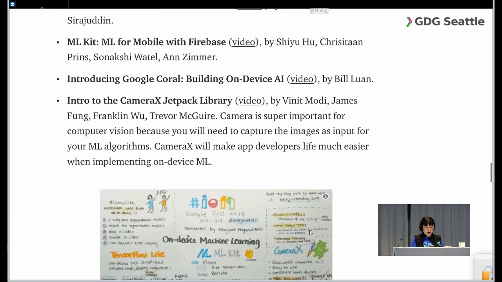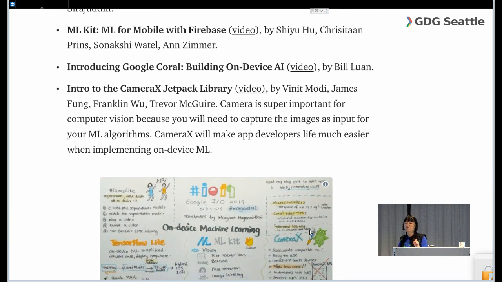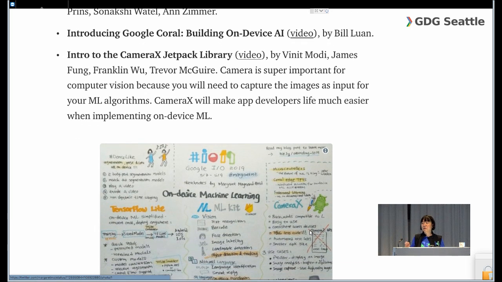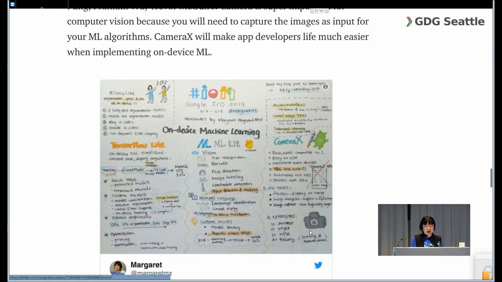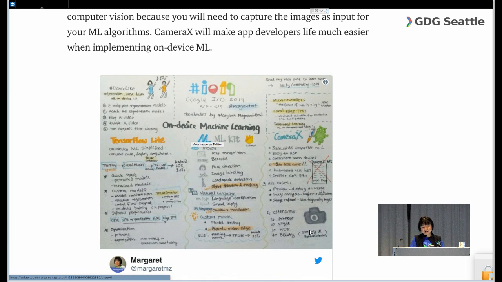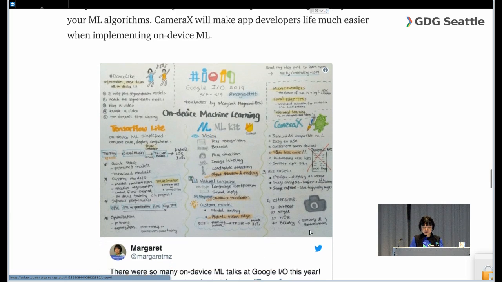And then Intro to the CameraX Jetpack library. How many of you are Android developers here? Quite a few of you. And you know the pain of using the Camera2 API. Almost 1,000 lines, right? So this is super important. When you use machine learning on device, you need an input image when you do computer vision, and then you need to rely on that camera. So Android devs, super excited about that. And then I summarized all my learnings for on-device machine learning in the sketch notes,